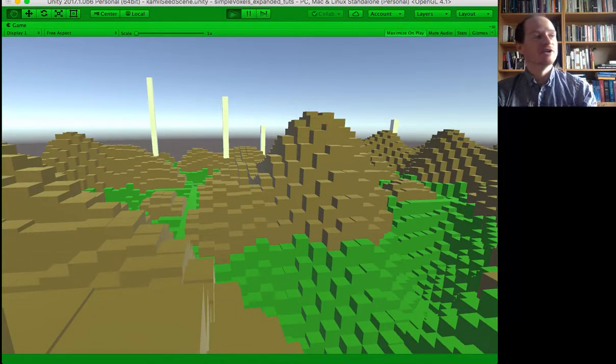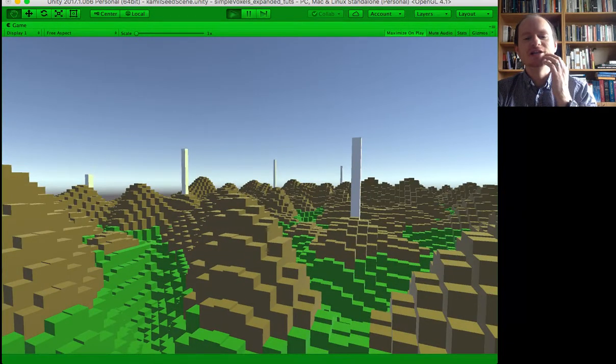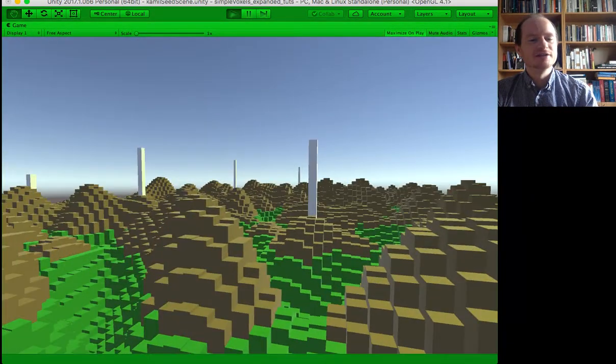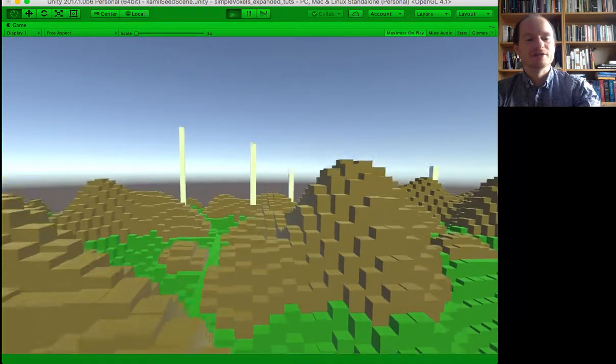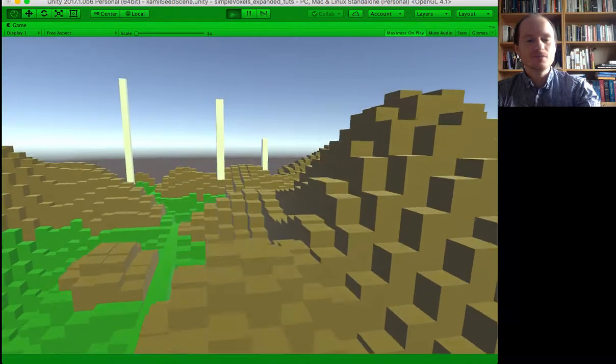So what I'm going to do in this video, there's about three things. Let me try and remember now. In the previous video, which was not a tutorial but a speed coding challenge, I created these trees. They don't look like trees yet, so perhaps we could make those look more like trees. And